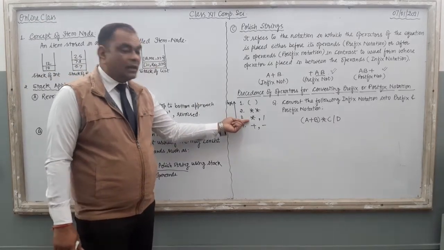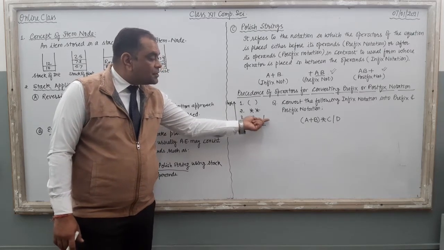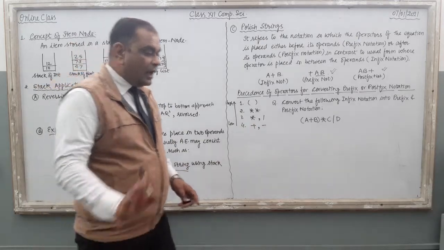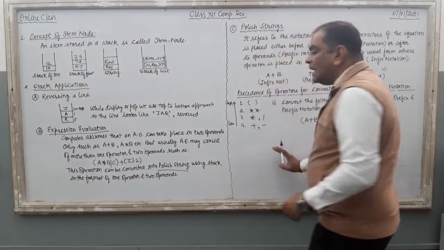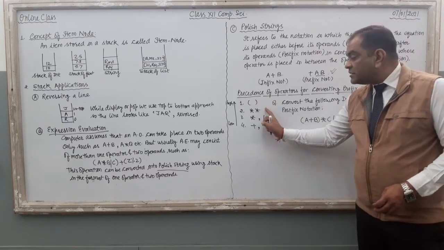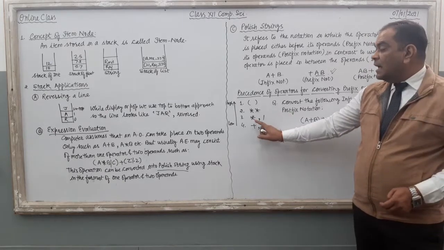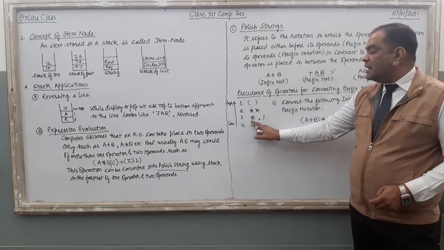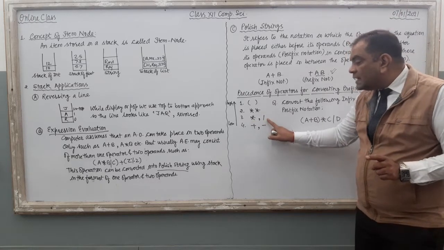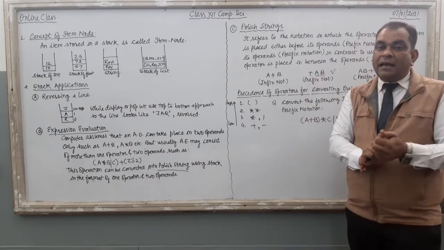Then the third power level, the third position, is multiplication and division, and at the last, plus and minus. It means if you see brackets in your equation, very first you have to solve the bracket. Then second, you have to solve the power operator. Then third, multiplication and division are at the third power level. If both are there in the equation, you have to solve them from left to right.